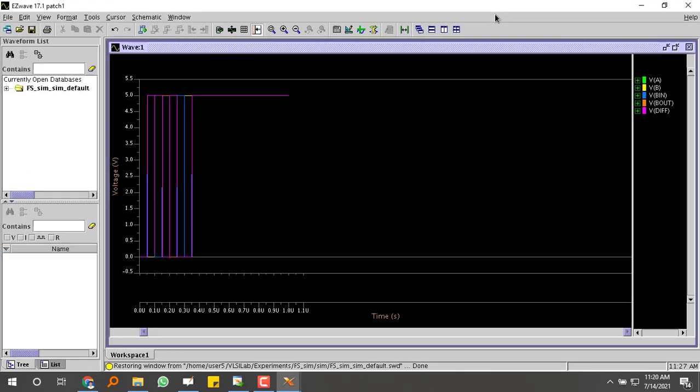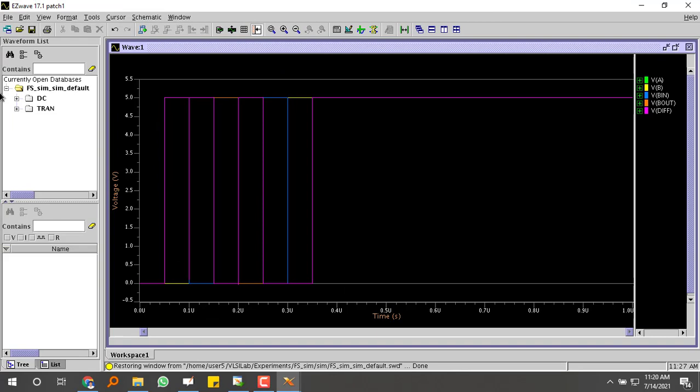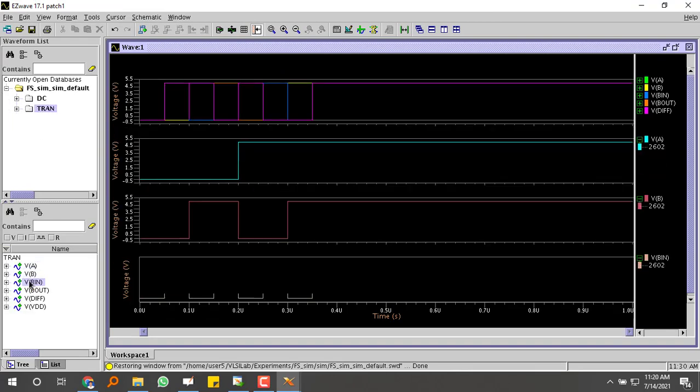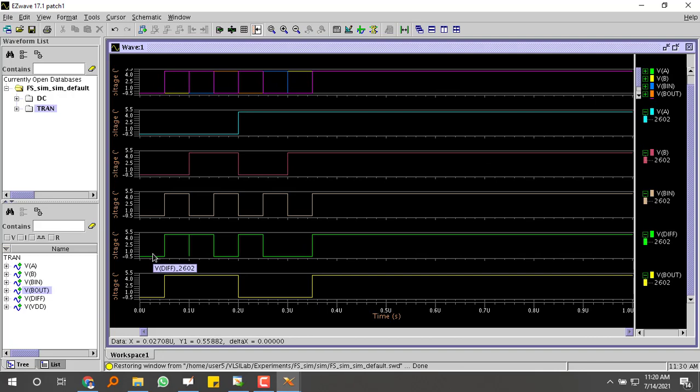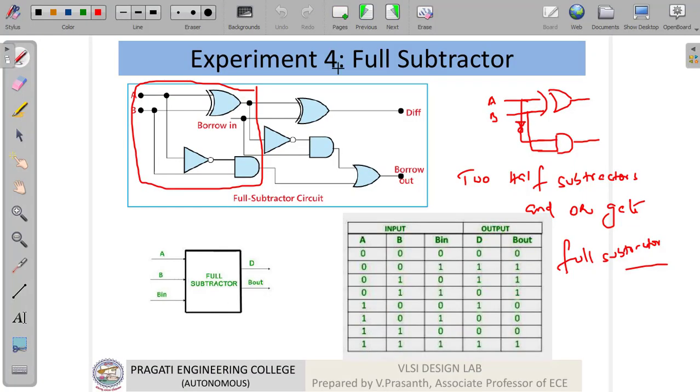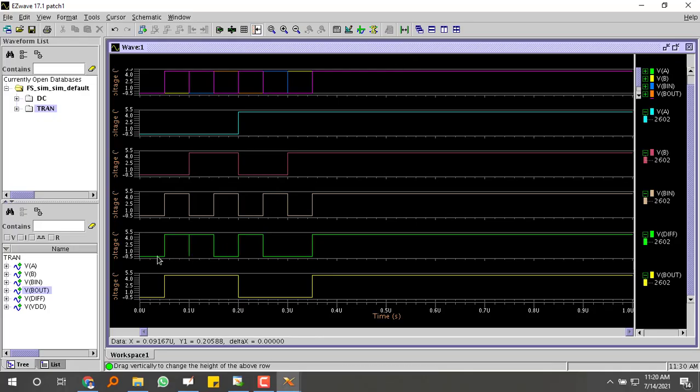You will be getting the output. So this is in A, B, then difference bar. If you see the difference, 0 1 1 0 1 0 0 1.